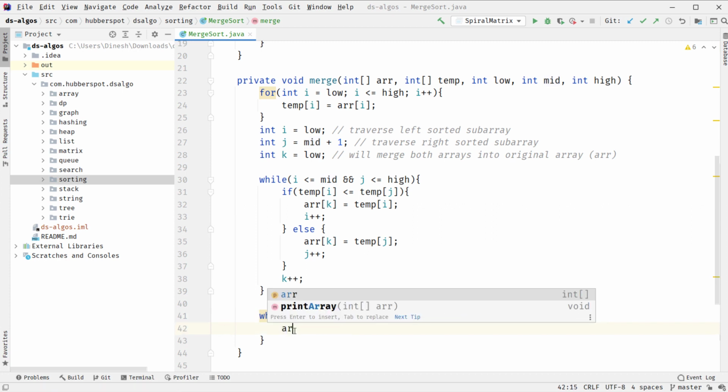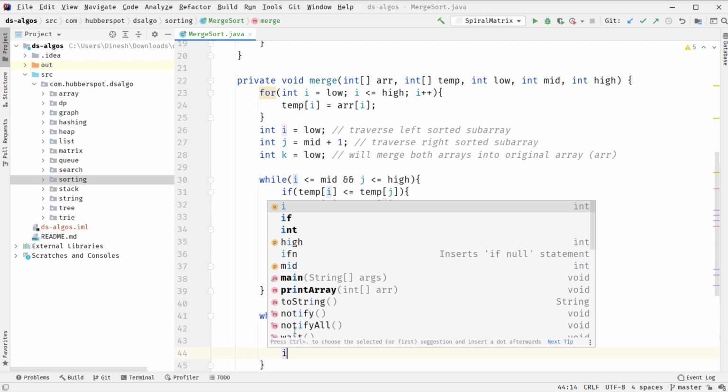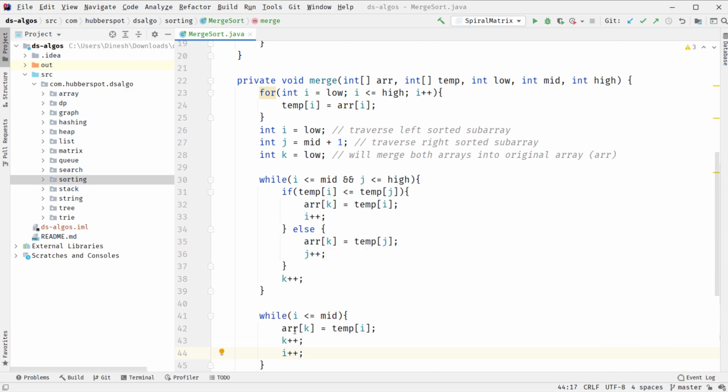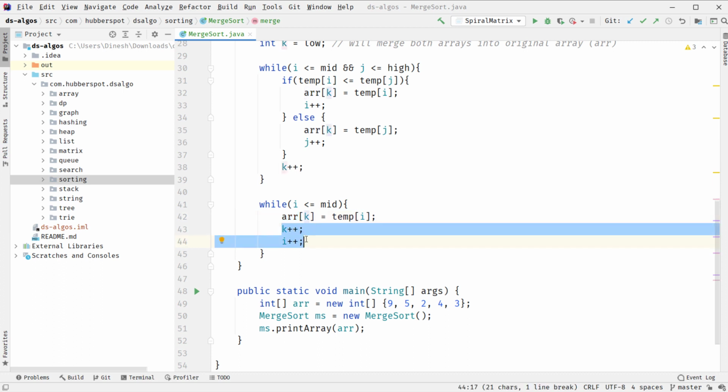So we copy it something like this: array of k equals temp of i, k plus plus and i plus plus. It is a simple loop which copies the elements at ith index of the temporary array into the original array at kth index, and after copying we increment both the pointers.